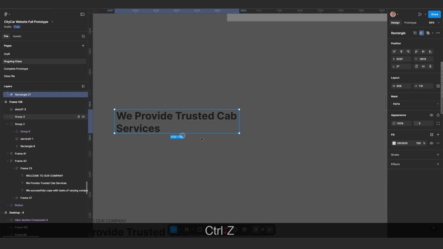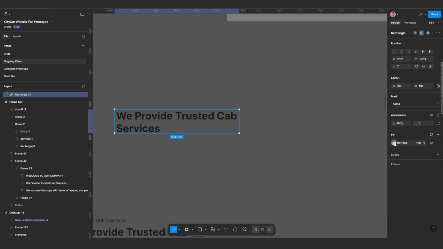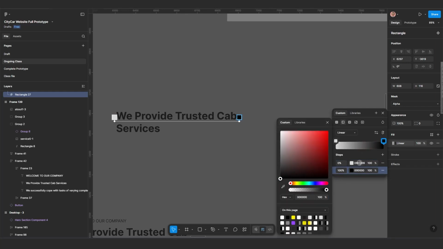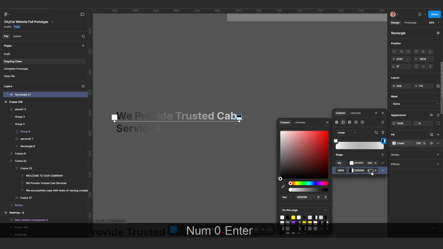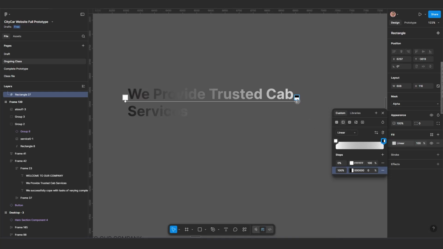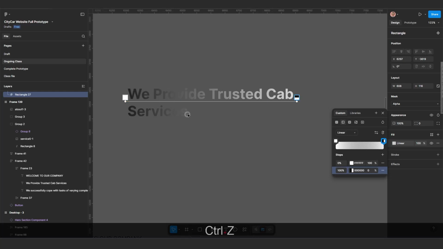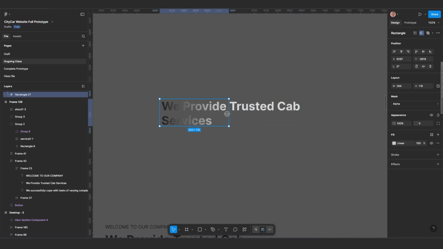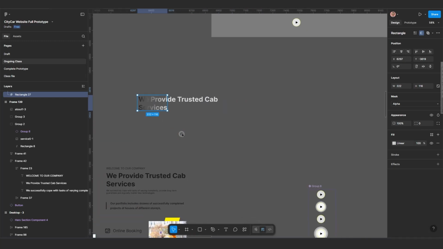So select the rectangle, go to the fill section, and make something like this. This one is going to be black, and this one is going to be white. Take the black section and make it 0, something like this. So we'll take this one, maybe something like this should be fine. Or if we don't want to do it like that, you can just resize the rectangle like this. So I'll make it halfway, and